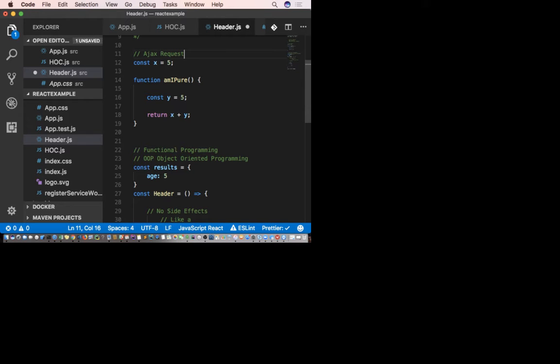What is your feeling about mixing in the industry? Is it 50-50? Is it 10% functional, 90%? Now, every single framework out there writes their code in one of those. Angular is heavily OOP, strictly OOP.